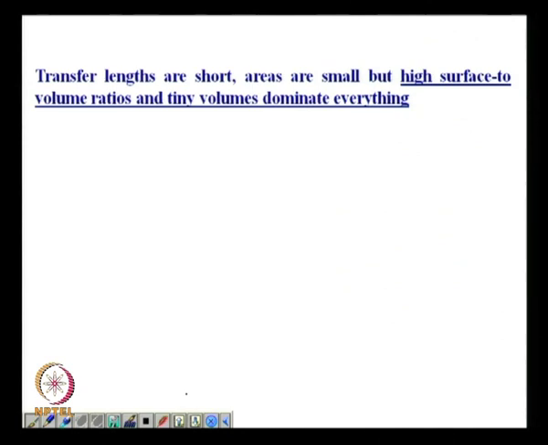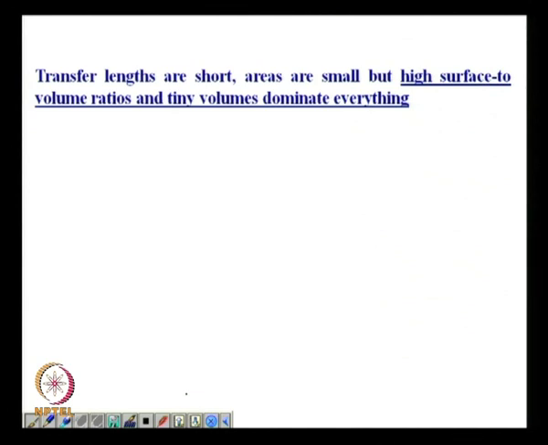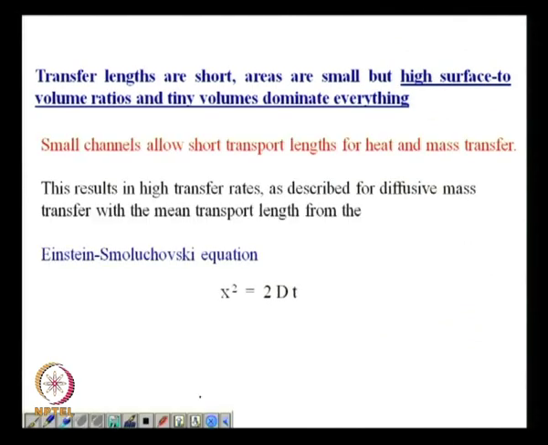So, we come back again to what, as I said, is the most important line of this course: that the transfer lengths are short, areas are small, but high surface to volume ratios and tiny volumes are going to dominate everything. Now, I would like to put a slightly mathematical treatment to this and see what exactly we mean by that. If your channels are small, then you are going to have shorter transport lengths, which would definitely be beneficial for heat and mass transfer. So, if the length scales involved are very small, then they are going to lead to high transfer rates,